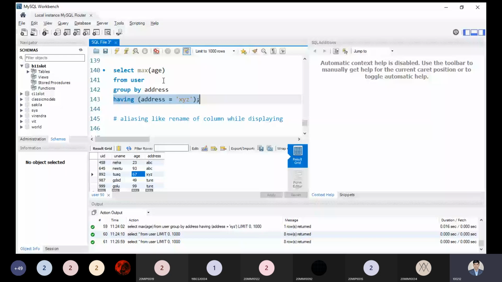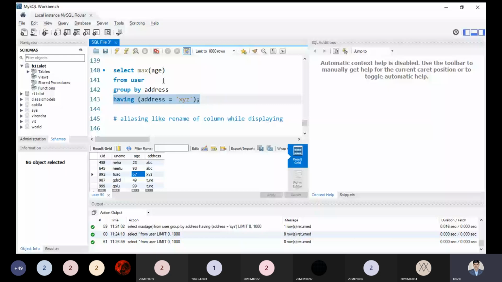Out of the lots of groups, it provides the maximum age, but it is not easily justifiable. So we are explicitly defining that we need to find the maximum age of the person or user who belongs to the ABC group only, nothing else, or the XYZ group only, or the TURE group, whatever the address we have. So we are explicitly filtering the information. That is my point.